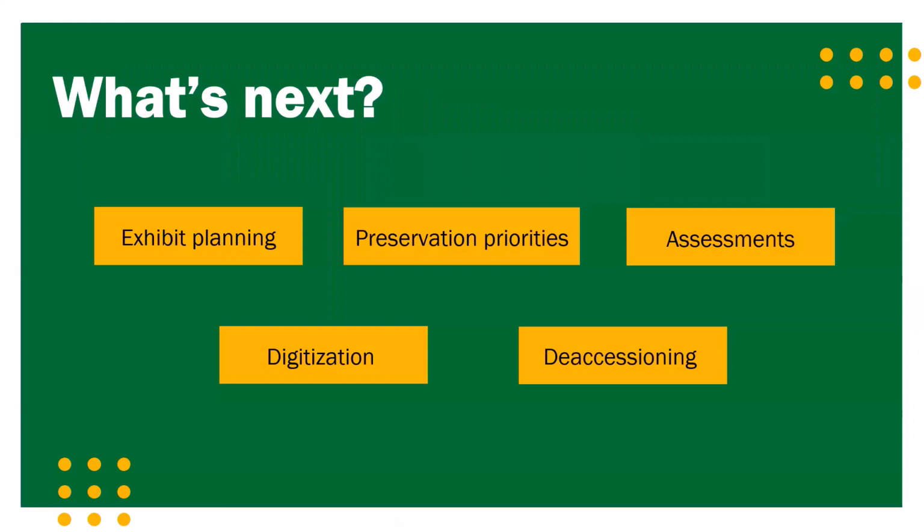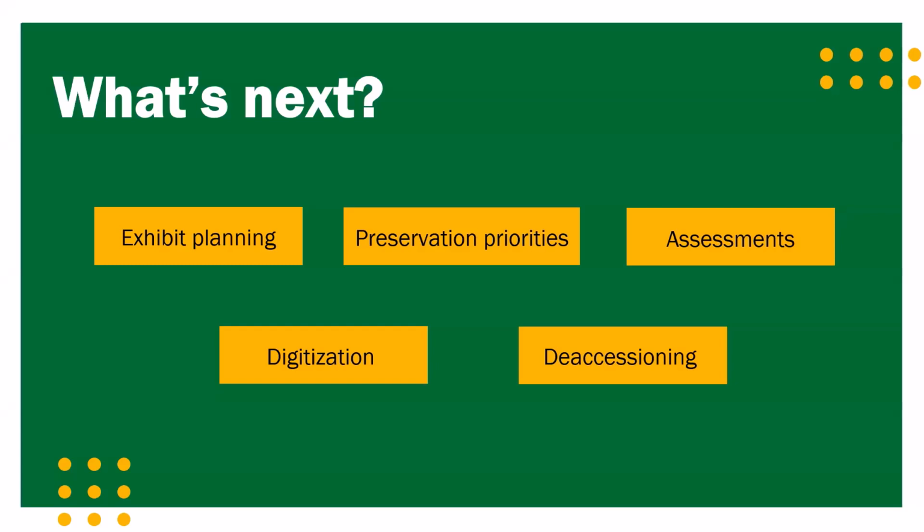And another important thing to consider is what your inventory information can be used for, because this can help you plan when you're trying to plan out this inventory project. So inventories are really the baseline for other collections activities. Once you know what you have, you can use that information to make decisions and plans for other projects, such as identifying materials that could be used in exhibits or programming, determining priorities for preservation,